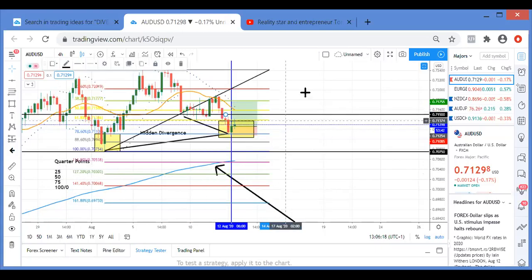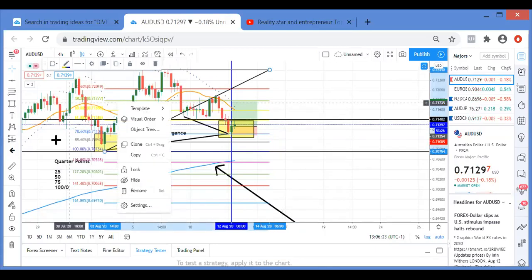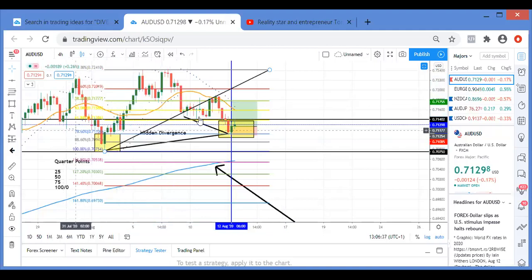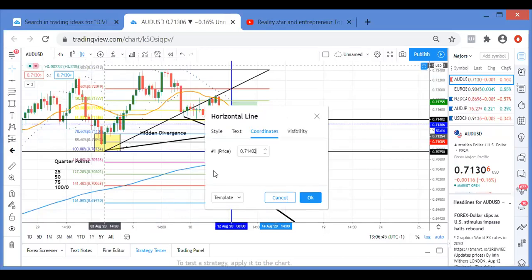Okay, but look, I know that the market will not stop here. Why? Because it came through the quarter point. So what I'll do is I'll get my next line and put it on the 61.8, which is here. So look, 50, 61.8, and 78.6. So I put it on the 61.8. I go to my settings once again, and remember I'm looking for a quarter point. So 71. Let's just say 750.